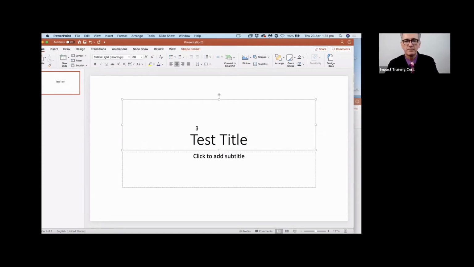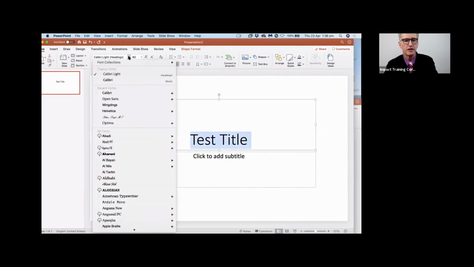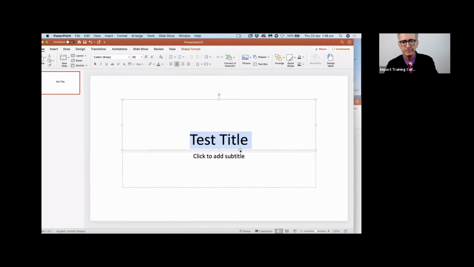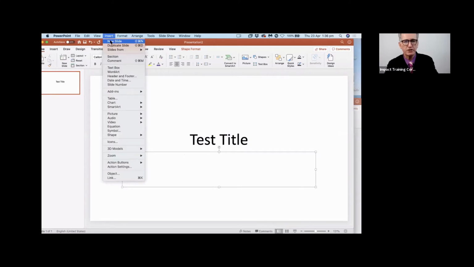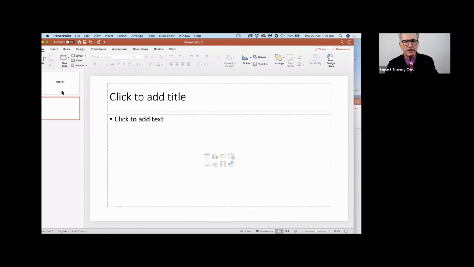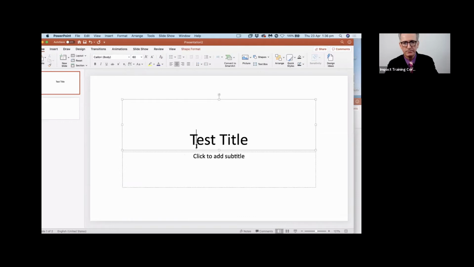All right. Now, the other thing here is you want to say, well, what's my font going to be? So you go up here and say, what font? And this is called Calibri Light. I don't like that one, so I would just change that, and I would make it just normal Calibri. Whatever you're going to put on your front slide is what you'll then do. Then you're just going to go up the top there and do insert slide. Now, the next slide's going to look different. See, the slide has a title, and the one underneath there is different. That's where you're going to put all your bits and pieces.